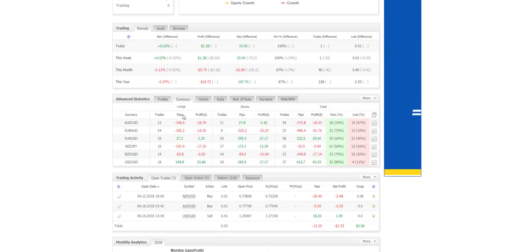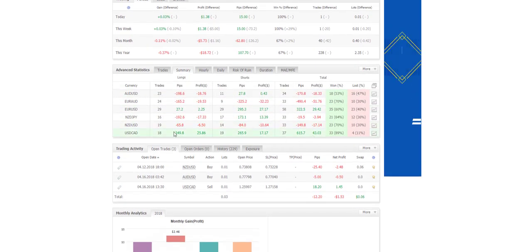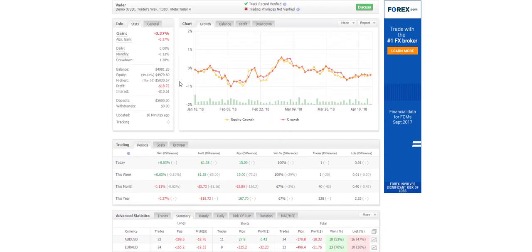I am going to look at keeping the USDC AD on there, and one other one, the Euro AUD, but I'm going to bot flip that. Okay, even probably the Euro USD will stay on now. Look, now it's doing pretty good. But the others I might take off. So you might only have the Euro AUD, Euro USD, and the USDC AD. And we'll see how this Vader system works out for us over the next month. Because